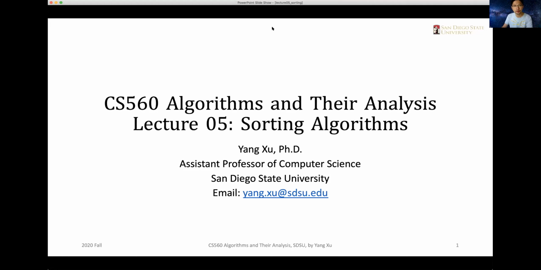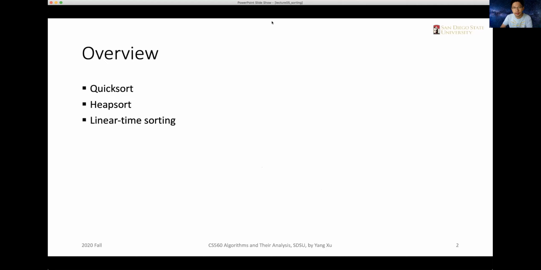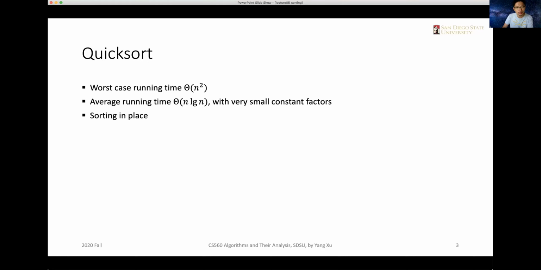Okay, so we'll get started with quicksort. Okay, and because we just finished the chapter for divide and conquer algorithms, and this quicksort algorithm is a very good kind of review of a divide and conquer approach. Okay, so its worst case running time is big theta of